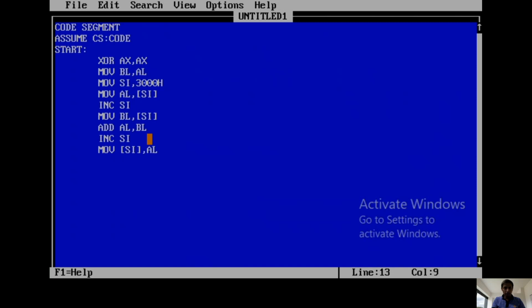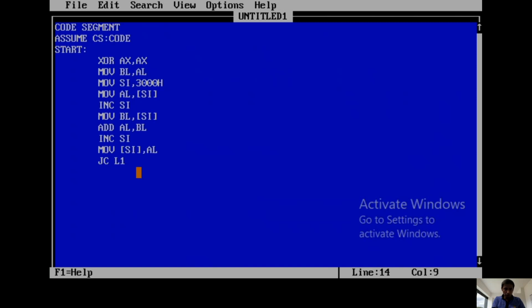Later we need to check the carry. For that I am writing this instruction, JC, jump carry. During this operation, if any carry occurred, then this condition will be checked. So if carry occurred, then jump carry, and your instruction will jump to some location L1. If it is true, only then it will jump to the L1 location. Assume carry has not occurred. I am taking the example in such a way that carry does not occur.